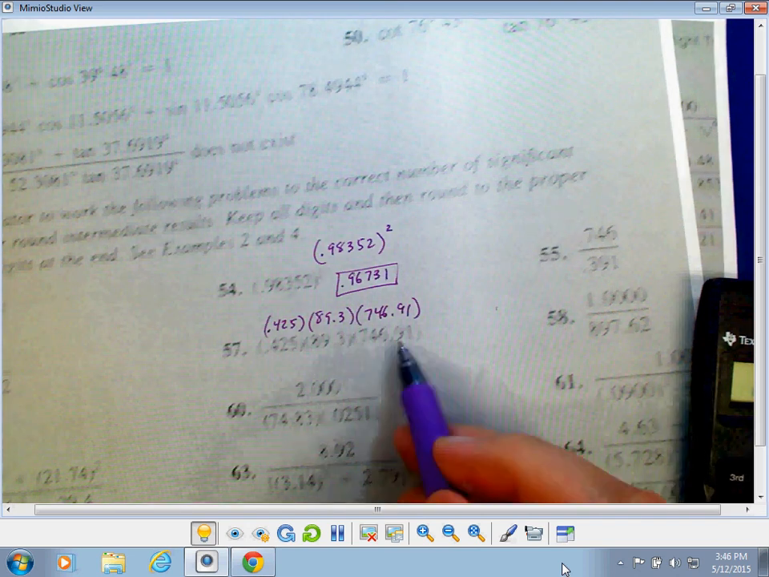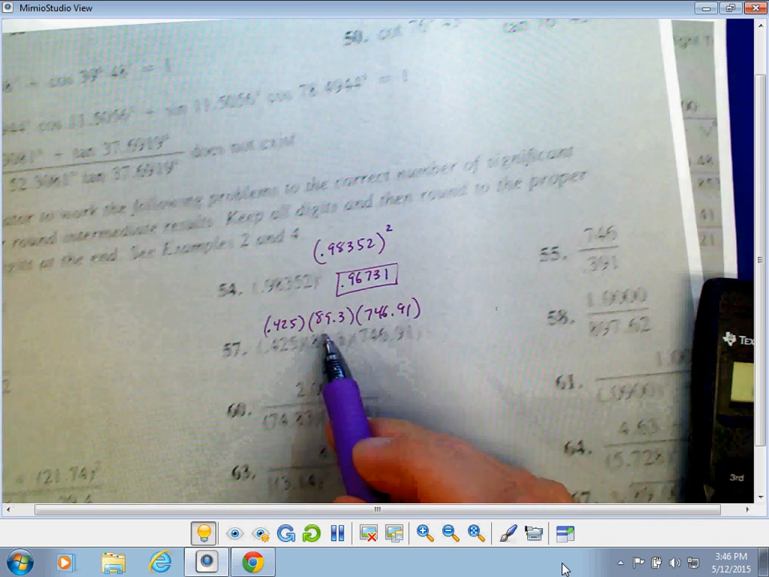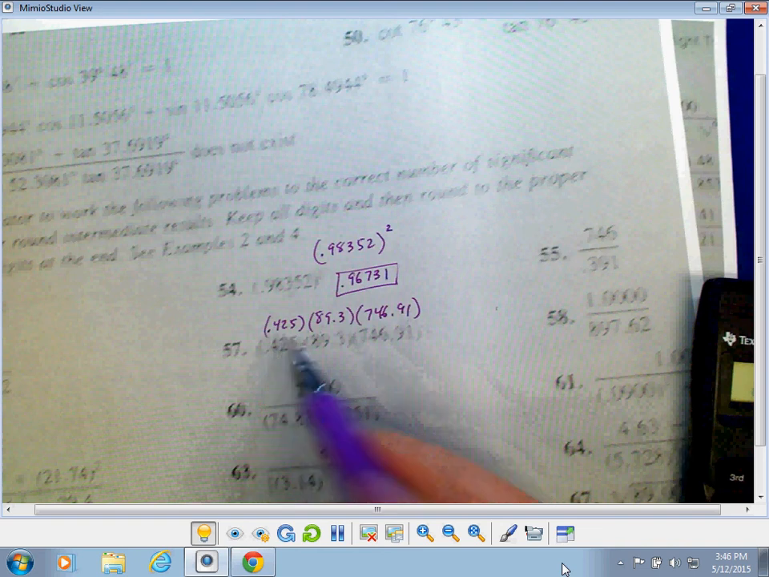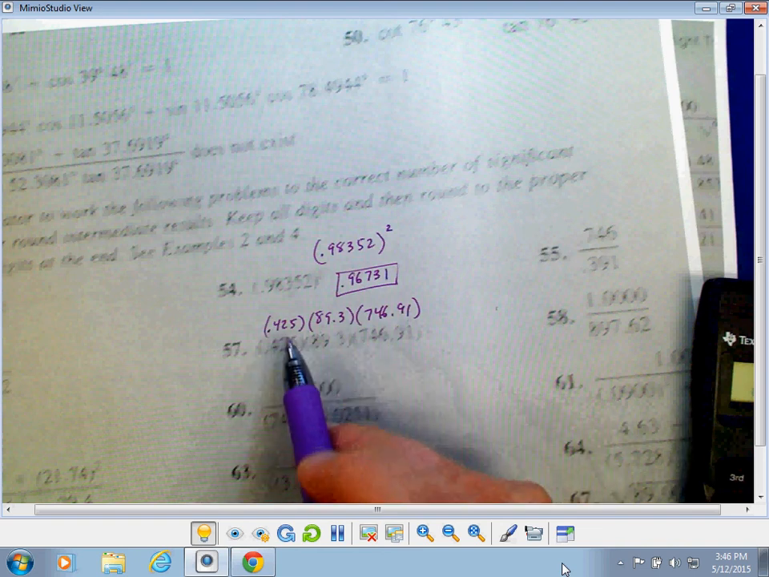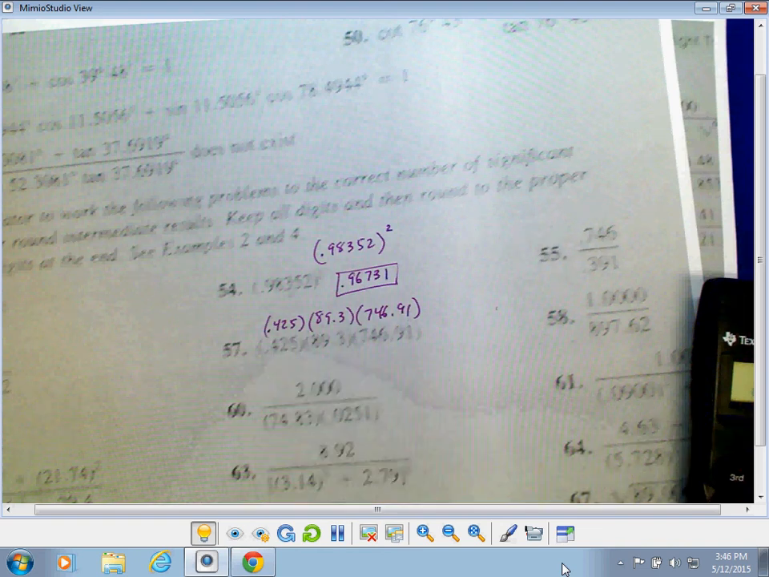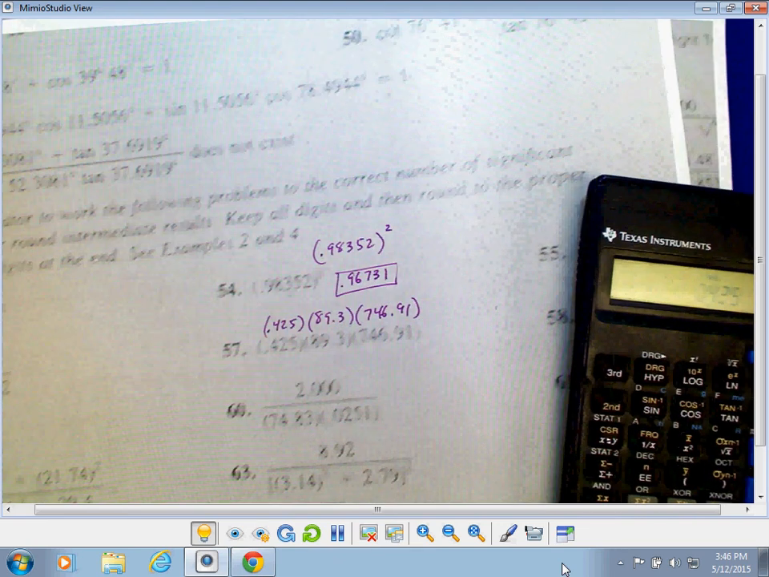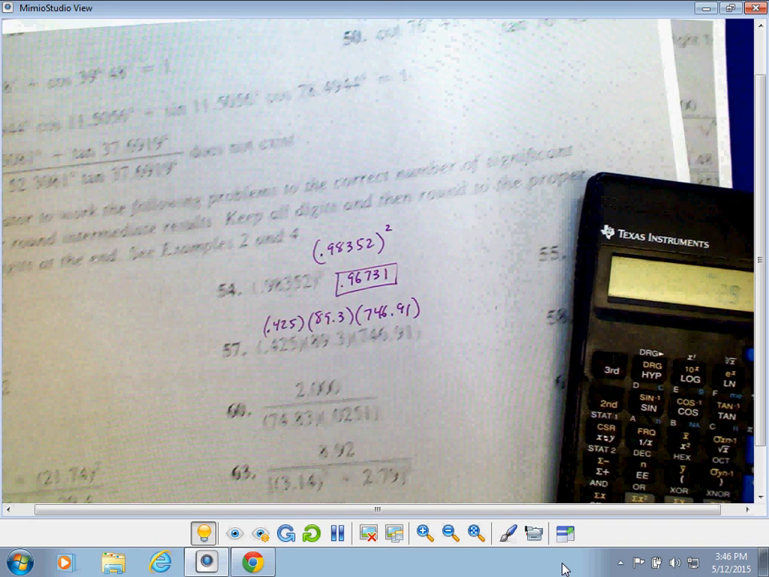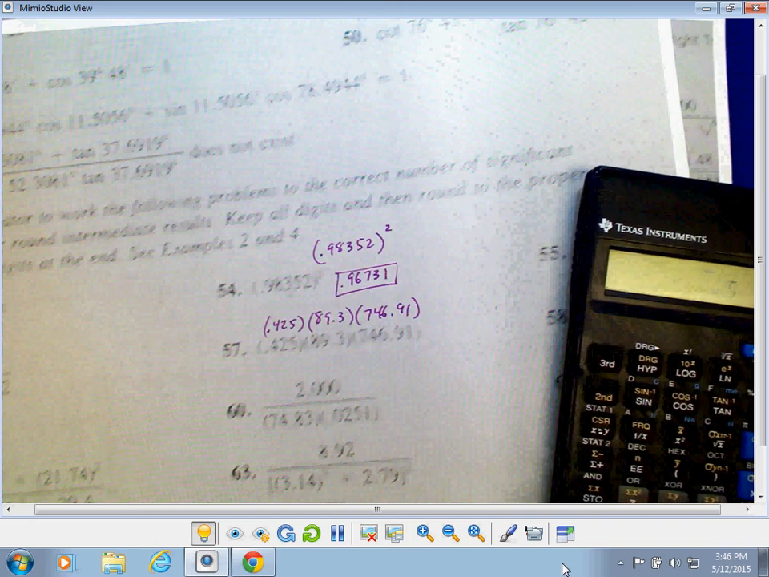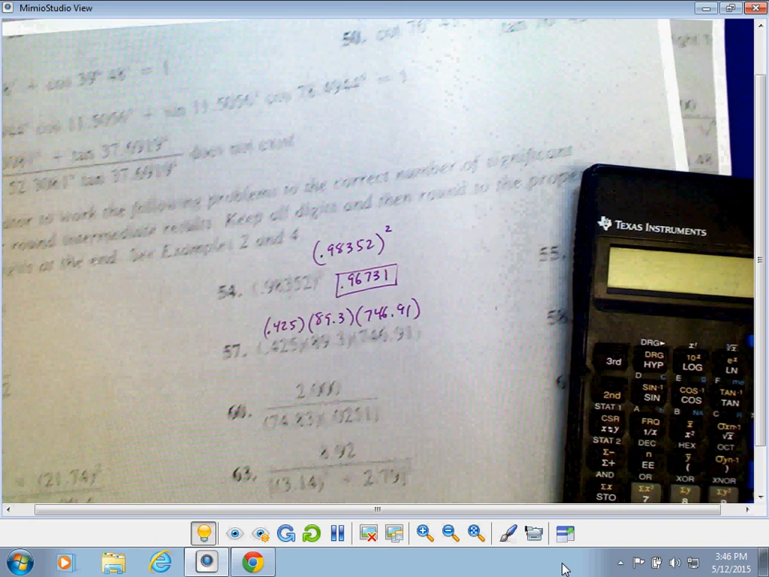Okay, well, this is 5 significant digits, this one's only 3, and this one's only 3. So the best I can do is 3 significant digits. So I go through and I'm multiplying 0.425 times 89.3 times 746.91, and I get